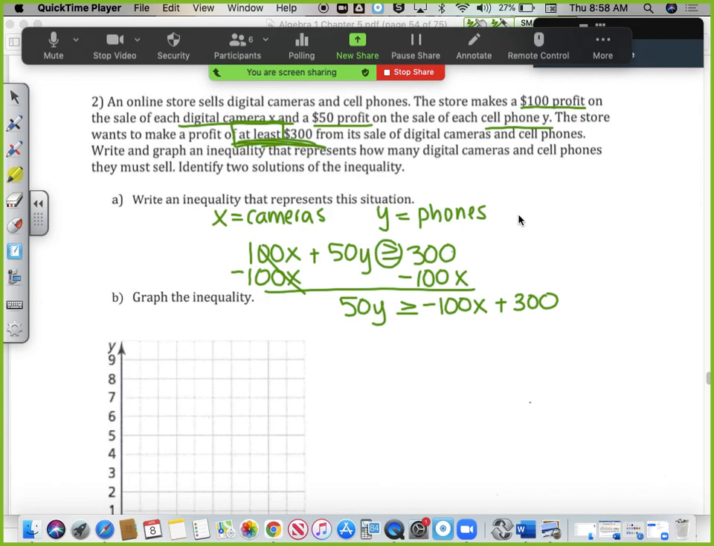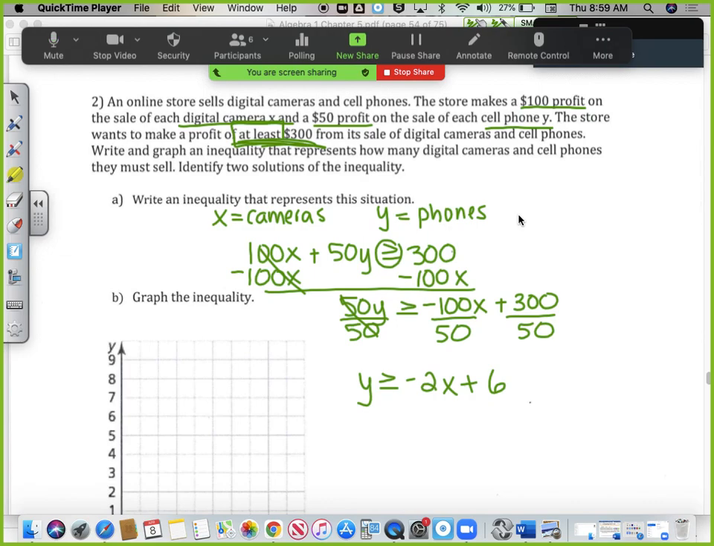Okay, we good? Last step is to do what? Molly? Divide everything by 50. Yes, I'm going to divide everything by 50 and simplify. Negative 100 divided by 50, so just be careful, it's going to be a negative what? Yeah. And then plus 300 divided by 50 will end up being what? All right. Once we have y is greater than or equal to negative 2x plus 6, now it's time to